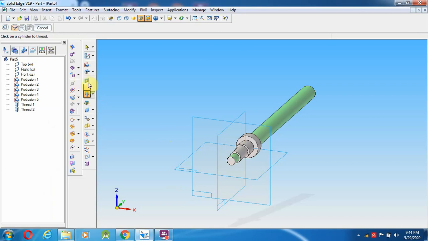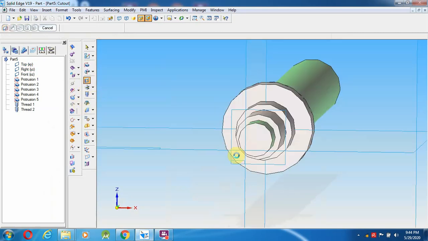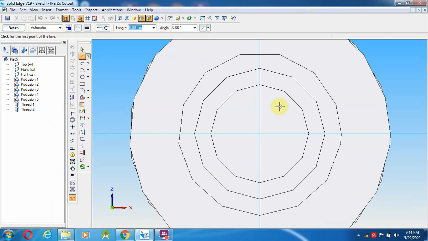Select cutout option now. Cutout option from this particular surface. Actually this will come in the second one.